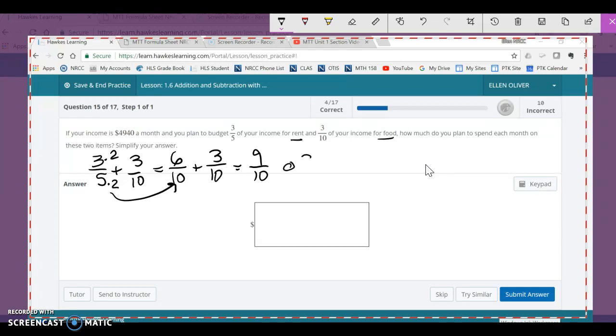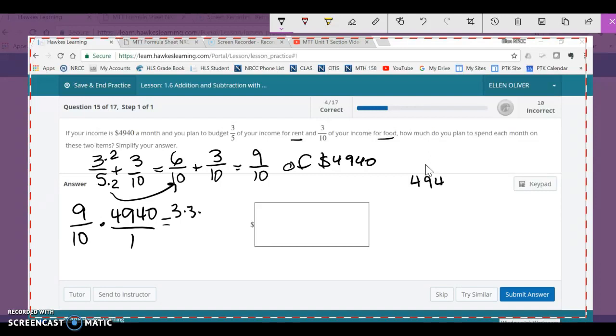So 9/10 of 4,940. So I need to do 9/10 times 4,940 over 1. And again, I'm not going to multiply 9 times 4,940. I'm going to factor first. So 9 is 3 times 3. 4,940 is 10 times 494. And if I look at my bottom and I've got a 10, I know that that's